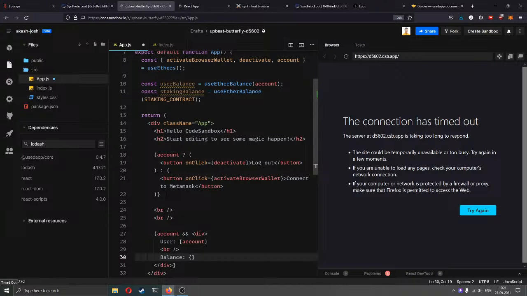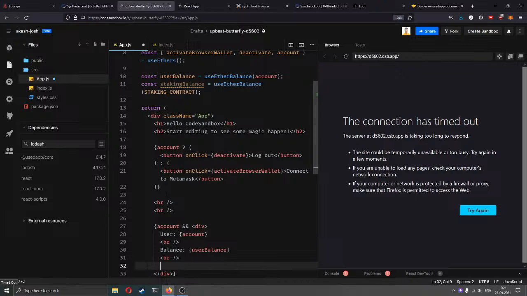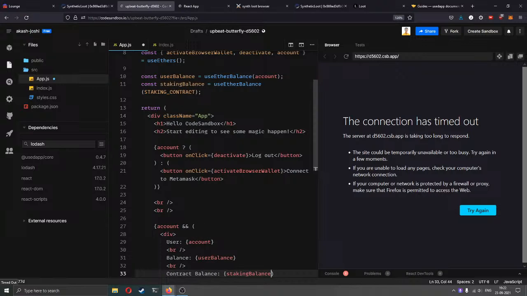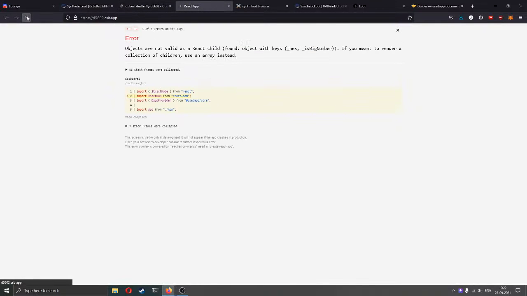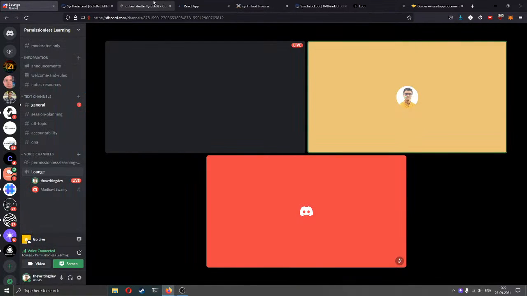So balance of user balance and I have too many wires on me right now. Yeah. And contract balance of, let's say, staking balance. If we save that, and refresh,